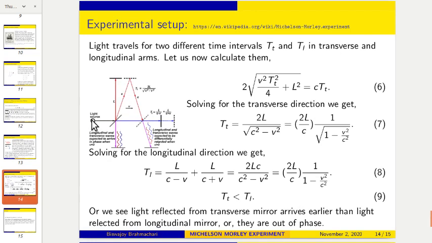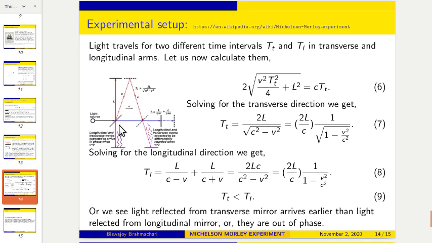So this is the source of light, and it is split. Half of it goes this side, half of it goes this side. There is a mirror, so then it gets reflected here. But by that time this splitter has moved here because of this velocity. But the distance between the splitter and the mirror always remains L. There is no length contraction or anything like that. So this L and this L is the same. This is pre-Einstein theory. So that means time is L by c minus v plus L by c plus v.